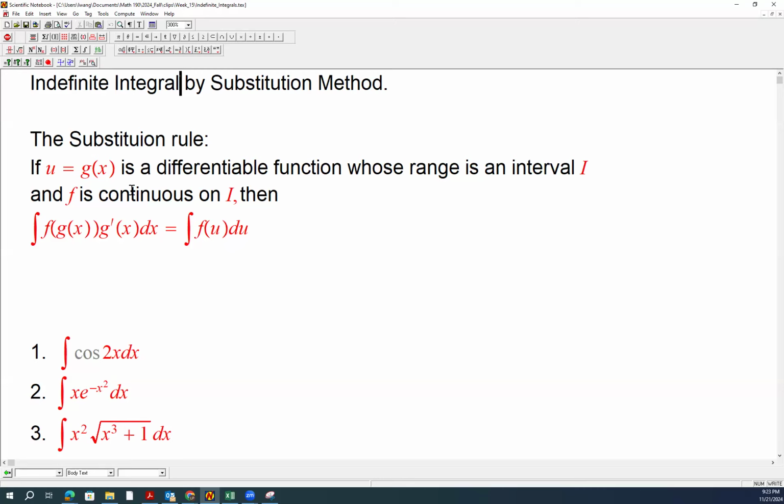And we know that the substitution rule assumes that g is a differentiable function whose range is an interval I, and f is continuous on I. So the domain and range match perfectly. Then the integration of f of g of x, a composite function, with u equal to g of x. So we know that du, the derivative of u with respect to x, with dx is g of x,